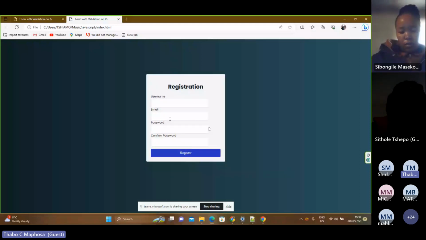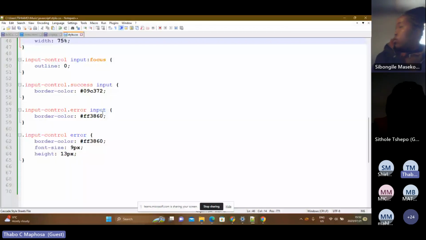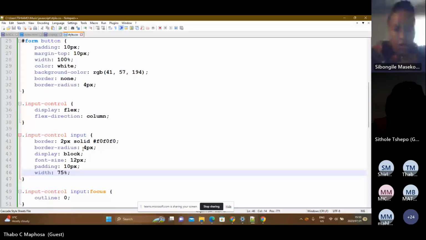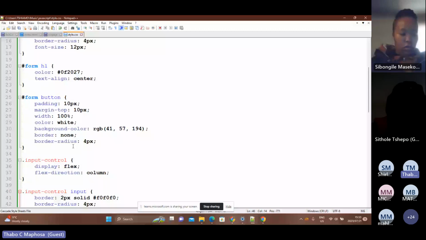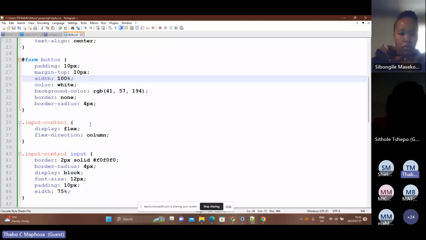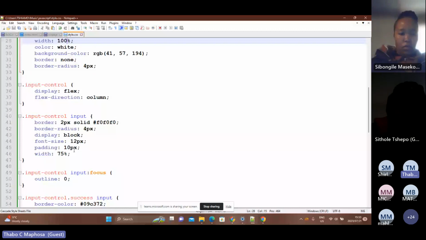Notice here, I don't like this. It's supposed to be 100%. The same way with the button there, it's not doing the most. Let me see my button. What's the width of the button here that I have? I think I put it at 100%. The button. Let's say I set it to 100%. Okay, let me just change that width of the input to maybe 90%. Let's hope it's just going to fill it up towards the end, because